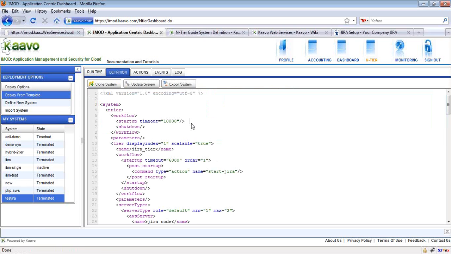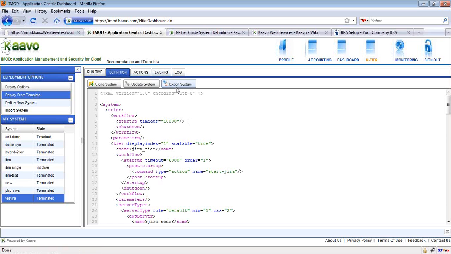IMOD allows you to export an existing system definition from IMOD to your local drive so that you can share the system with others, or maybe you don't want to keep the system definition in the IMOD database. You want to delete it from the IMOD database and keep it on your local drive, and maybe later you come back with it and deploy it when you need it. And maybe you do some modification before deploying it.